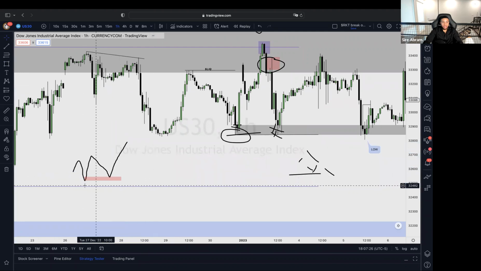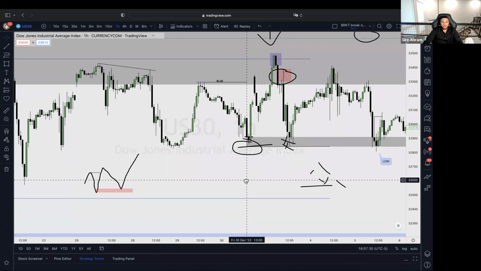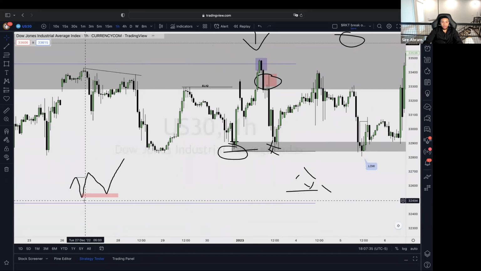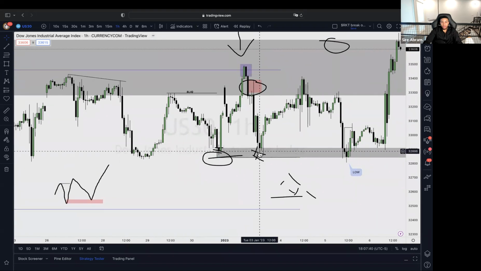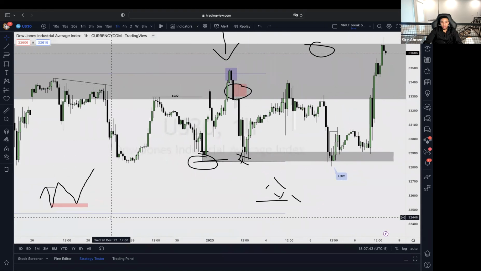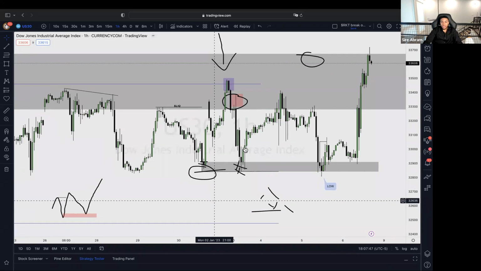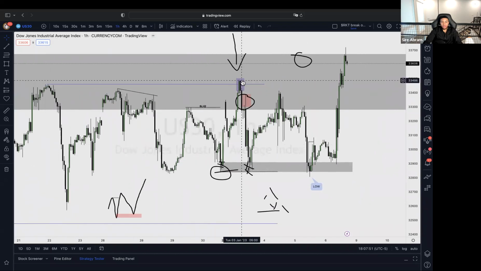At that area that initiated that break of this high. So if we look at this right here, high, low, break. Here's the break. Retracement, move higher. Retracement, move higher. So I did not play this move to the upside. I played this move to the downside. So as soon as this gets taken out, I'm taking sells. I'm taking positions for this to go down. And that's all it means.